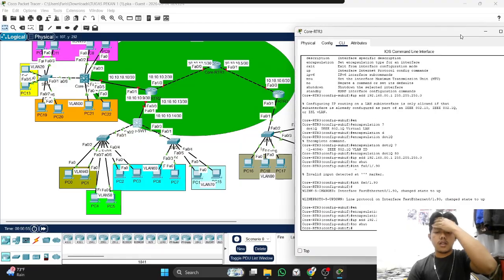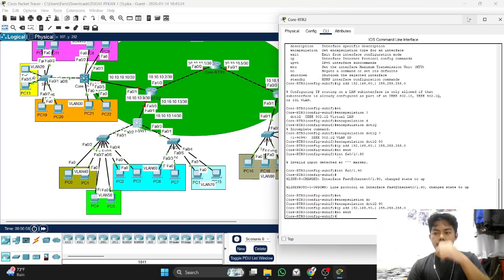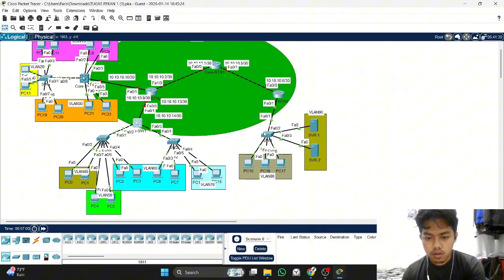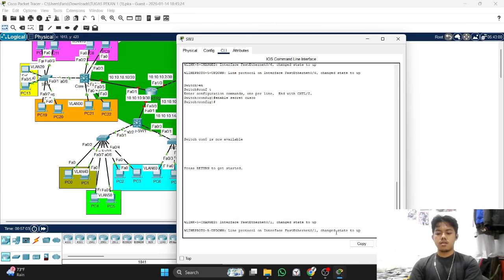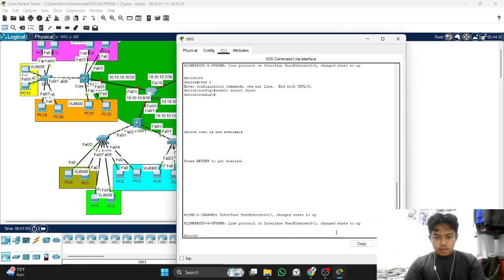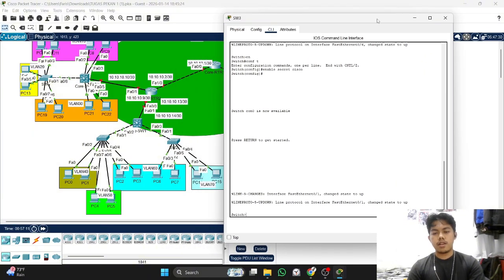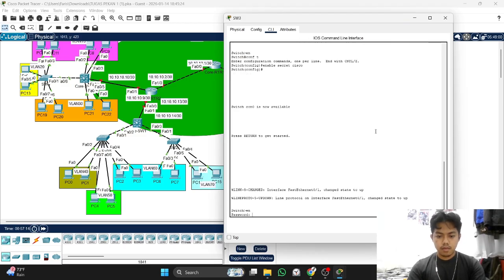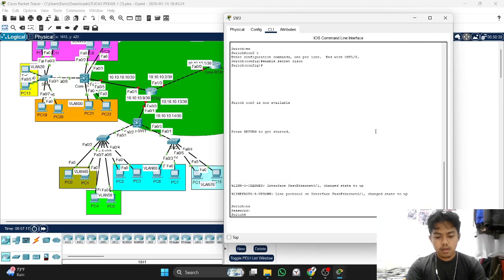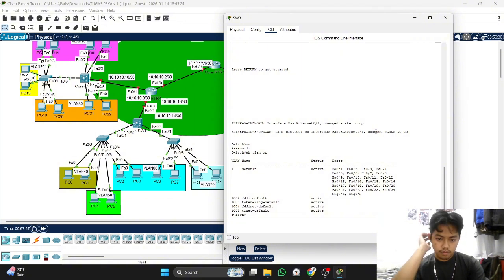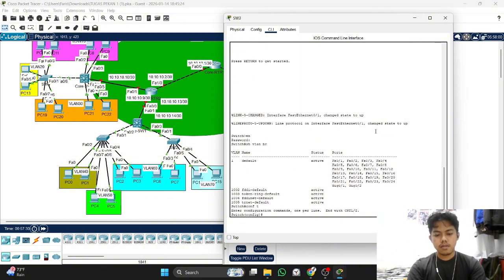After that, we'll go to the switch, and before we create the VLAN, we will configure the port first. Interface.